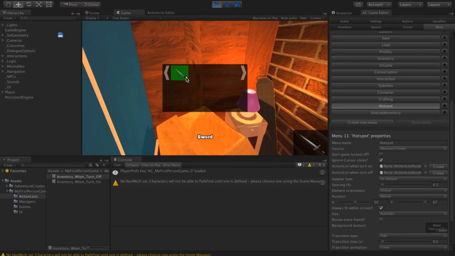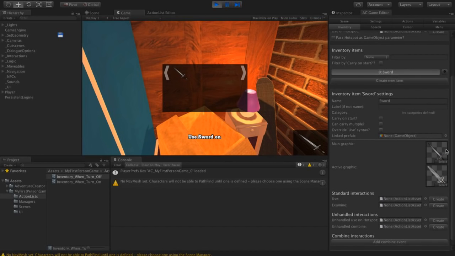And you can see it now appearing down at the bottom like so. Now let's make it a little bit more obvious in this inventory menu that our sword is selected. So what we're going to do, if you recall, when we made our sword inventory item, we assigned two graphics. We assigned our main graphic and an active graphic. So let's make it so that our active graphic is used whenever an inventory item is selected, in this case